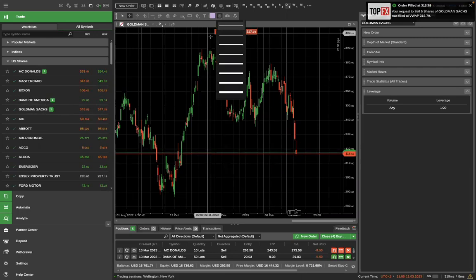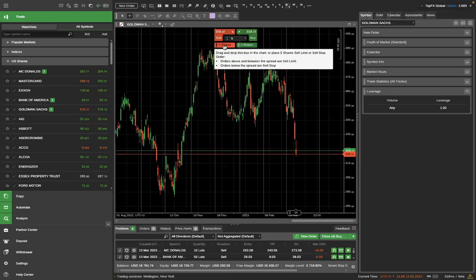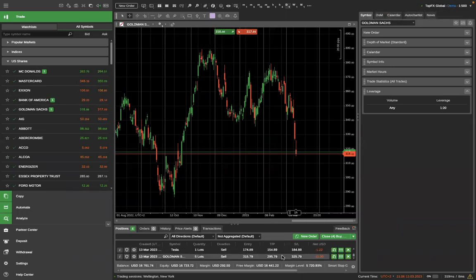What do we have here? We have 5. I guess this is 5 shares sold on the Goldman Sachs. Okay, so this is the Goldman Sachs share. And please remember one thing, that this market, I mean the US shares, is tradable during a certain part of